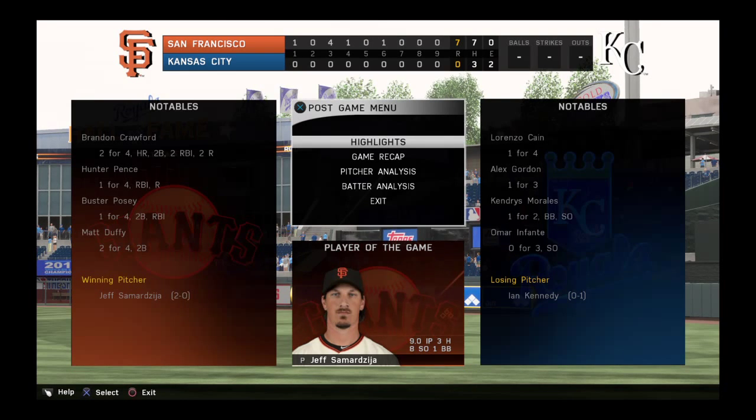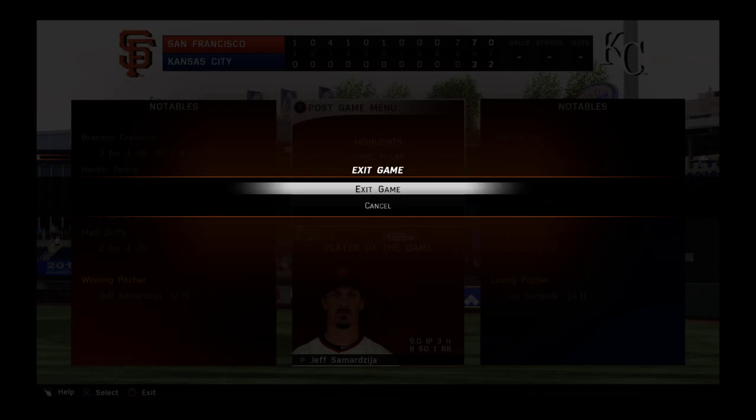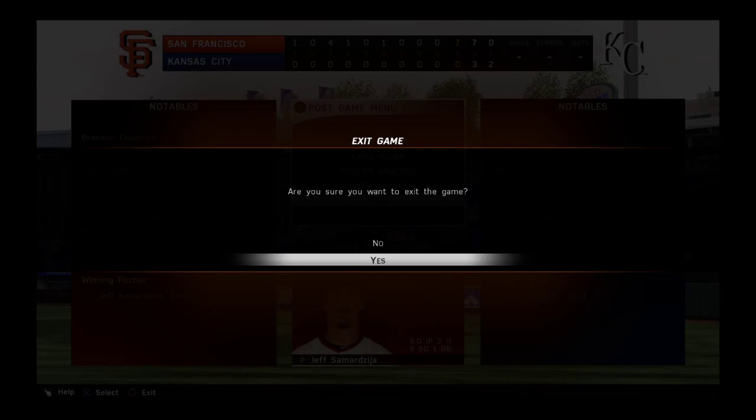The loss goes to Ian Kennedy. He falls to 0-1. Time of the ball game, 3 hours and 6 minutes. Our paid attendance at Kauffman Stadium this afternoon, 40,793. Royals, thank you for attending and remind you to